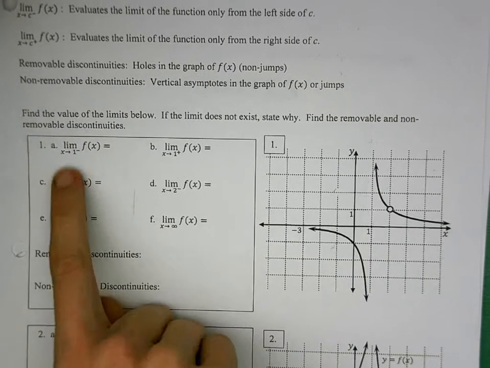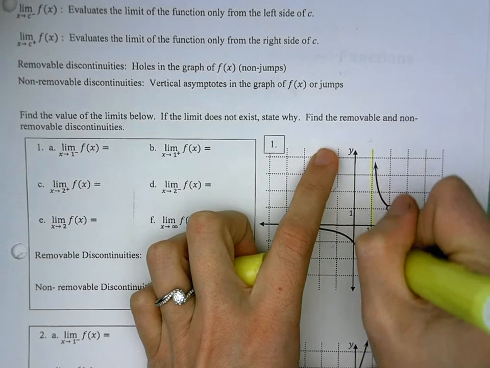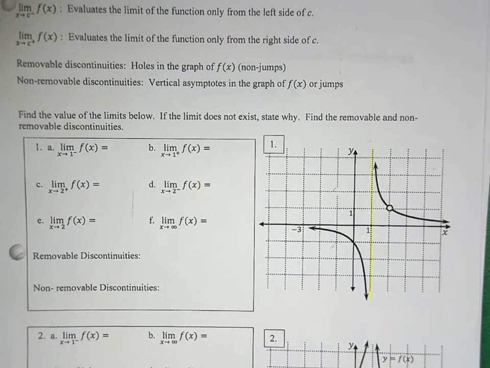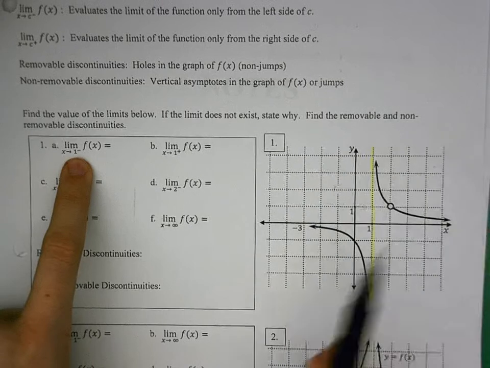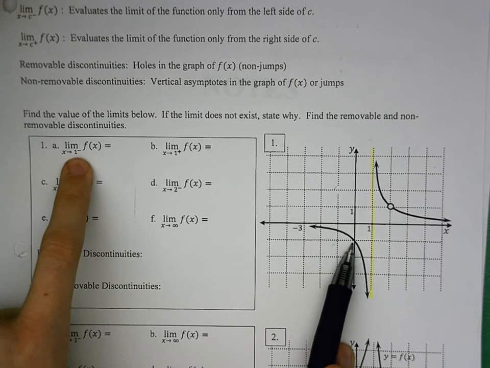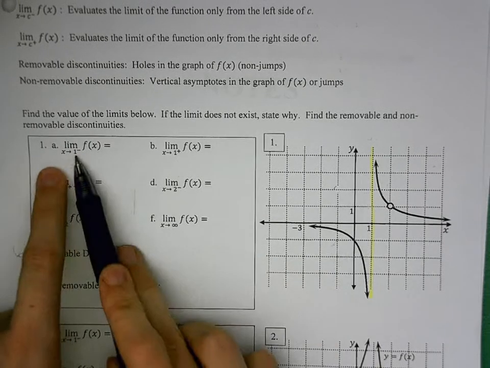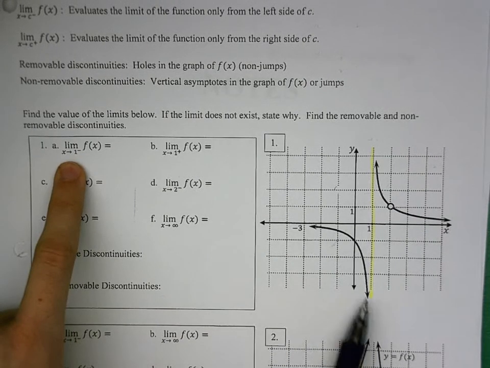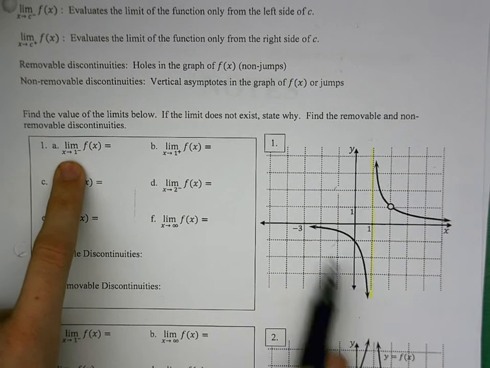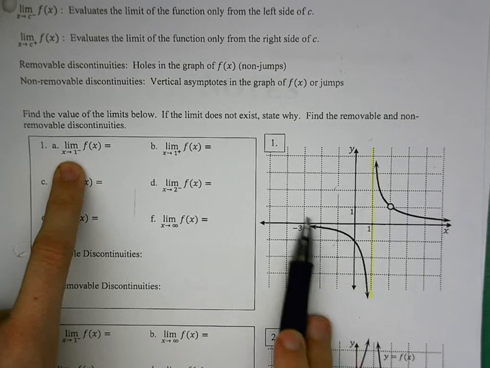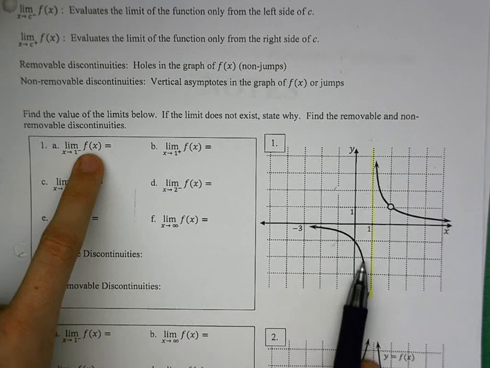So x equals 1 would be this line right here. So we are approaching that line there, and we are approaching it from the left, meaning starting on this side, we are going to be getting closer and closer and closer to my yellow line here, my 1, from this left-hand side, on the left of that yellow line, left of that 1. And so as we see ourselves getting closer and closer and closer to that yellow line, closer and closer to that 1, the question is, well, what y value,